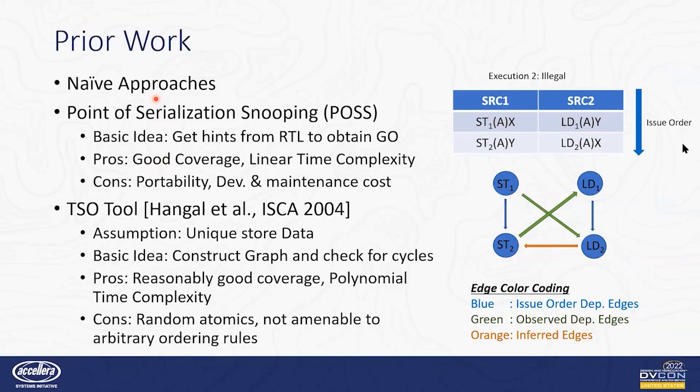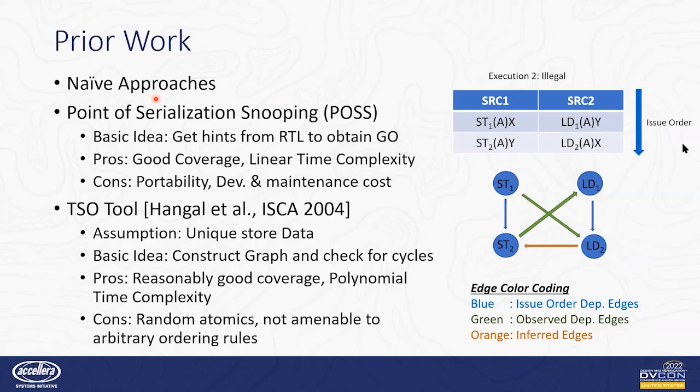Moreover, the memory operations that we are trying to order here could be partially overlapping reads and writes, or writes with byte enables, things that are not common in the memory consistency problem. And finally here, the ordering rules are guided not just by memory consistency requirements, but they could be ordering rules coming from deadlock avoidance. Although there are differences and similarities, for the prior work section, we're going to discuss approaches which have been used for the memory ordering problem in the industry